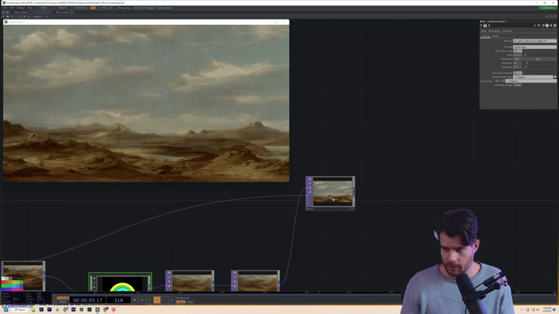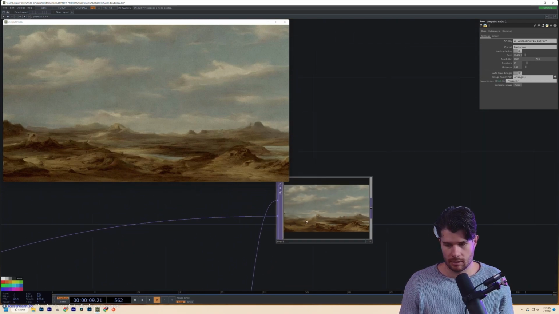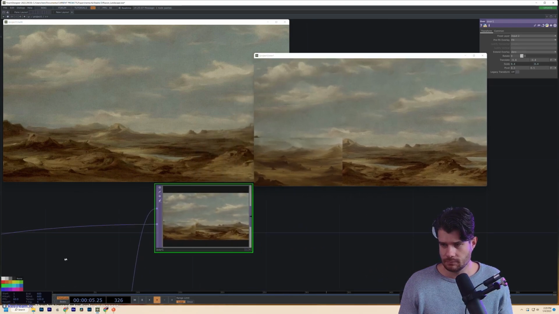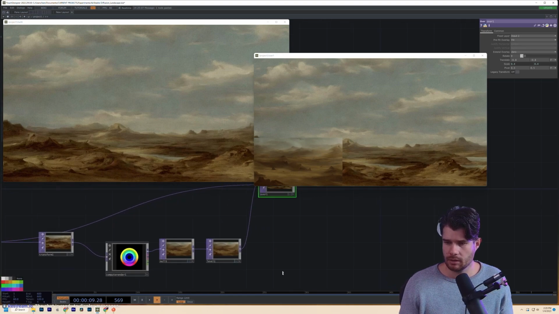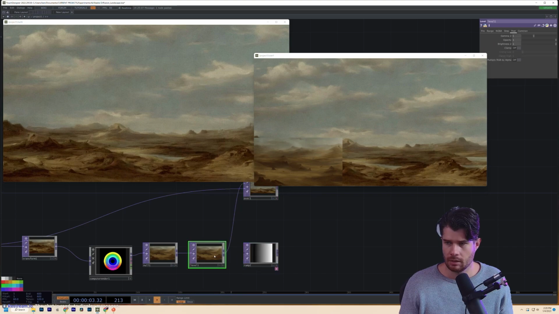Still loading. All right, so now I've got a different landscape based on the same landscape. And we could work out how to combine that in certain ways. So if I put a ramp, this level is at full. So if I put a ramp,